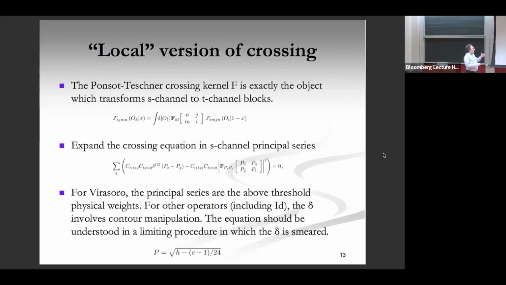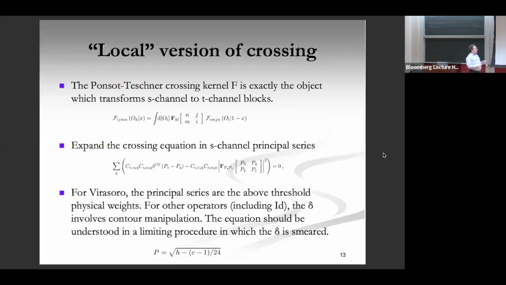But then more importantly, in this way of thinking about it, there's something a little funny sometimes about this delta function, especially because we have here the sum over the physical spectrum, not the principal series. Now in 2D CFTs, if we talk about Virasoro representations, there's an overlap between the physical allowed spectrum and the principal series, which consists of real weights above the black hole threshold. In higher D, they have no overlap. Well, the point delta equals D minus 2, but otherwise, no overlap. But we certainly have at least the identity operator below the threshold.